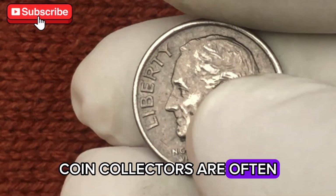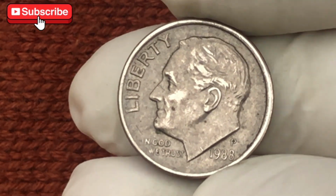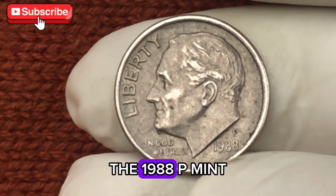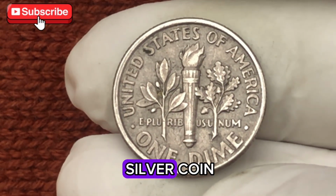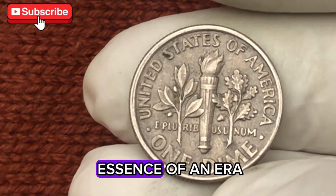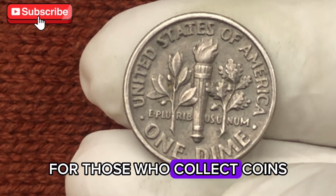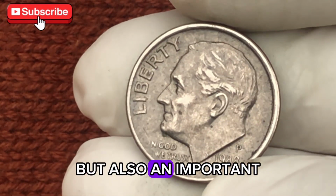Coin collectors are often motivated by more than just the intrinsic value of a piece of currency. They are driven by the stories that these coins tell. The 1988 P mint mark dime is more than just a small, silver coin. It's a snapshot of a particular moment in U.S. history, one that captures the essence of an era defined by change and transition. For those who collect coins, this dime represents not only a rare mistake but also an important piece of a